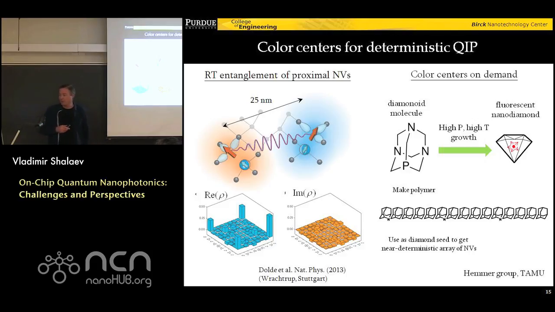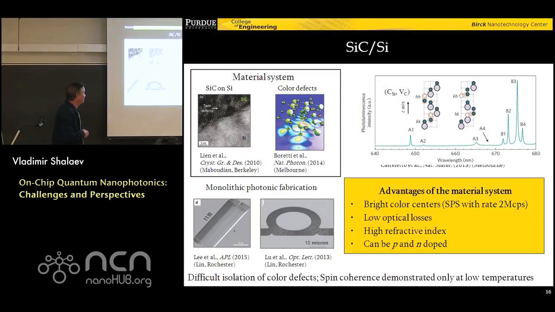So it's still an open challenge to accomplish. Yet another platform which some other groups are actually pursuing is silicon carbide. Of course, also CMOS compatible. And in this case, you have some advantages. You could have this monolithic photonic fabrication,